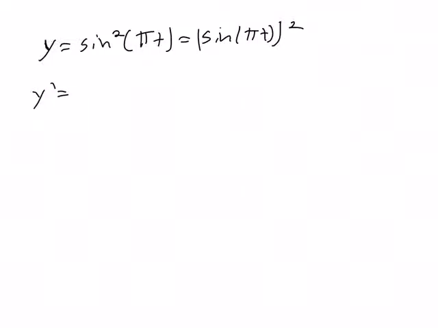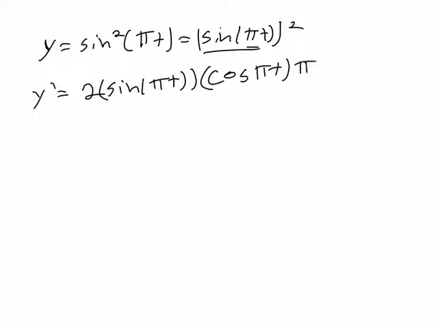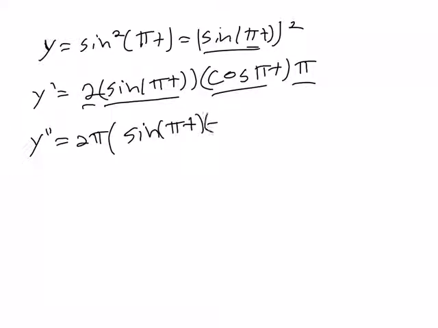So y prime is going to be 2 sine of pi t to the 1, and then we're taking the derivative of the thing inside, which is cosine of pi t, and then we're taking the derivative of the thing inside, which is pi. And y double prime is going to be, so the 2 and the pi don't matter, and we're going to create a product rule between those two, so we're going to have 2 pi times, then we're going to have sine of pi t times the derivative of this, which is negative sine of pi t